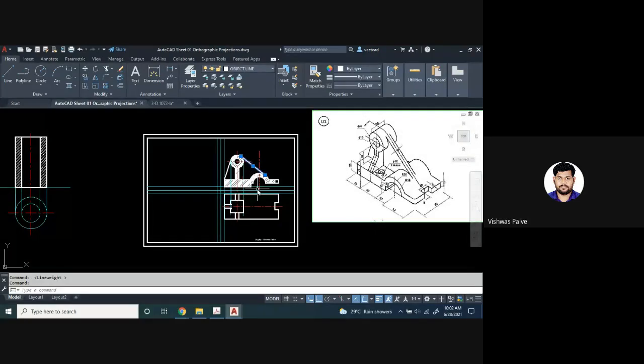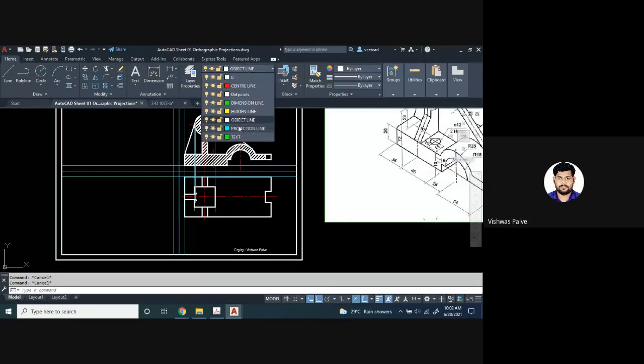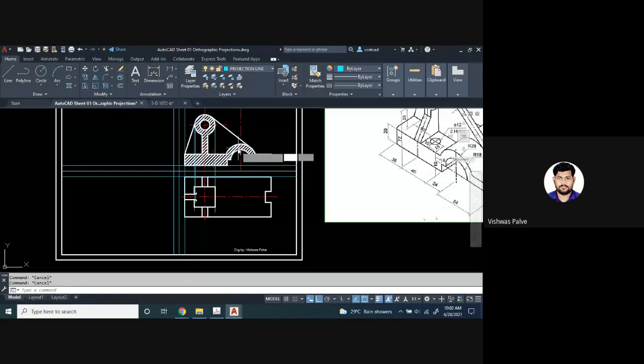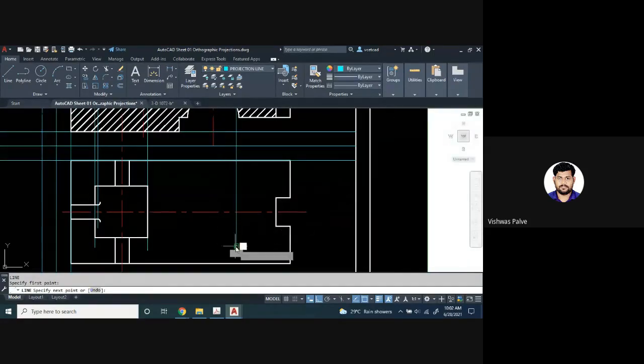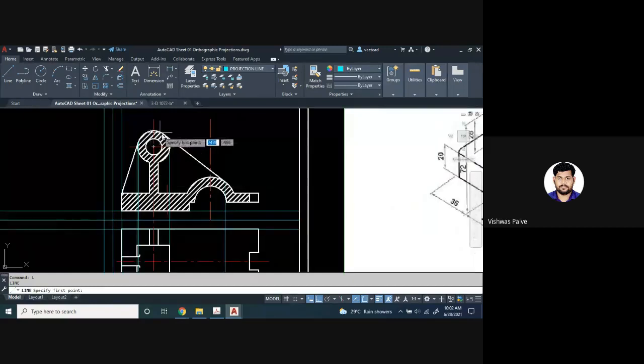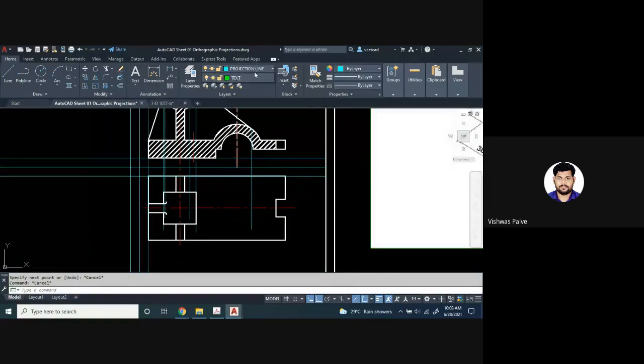For this rib, what we have to do first is take the projections. I will take the projections first. Wherever it intersects with the cylinder, meaning wherever it is forming a tangent, that point you have to select. So here is the tangent point. These are the two limits where it is forming a tangent. Then I'll use the object line, L enter. From this point, I will draw a dark line.